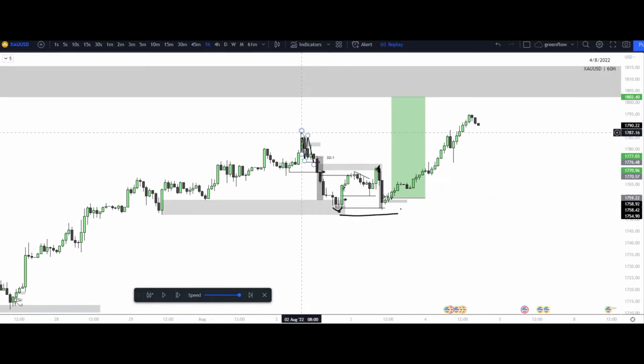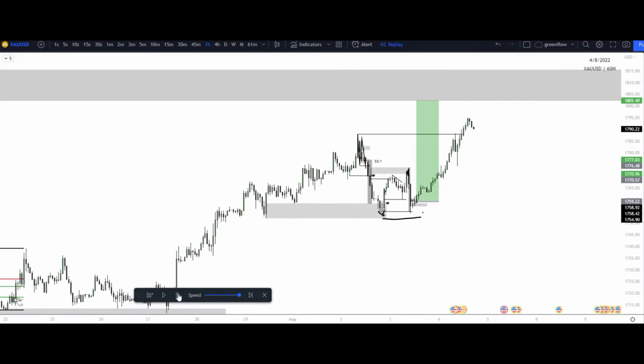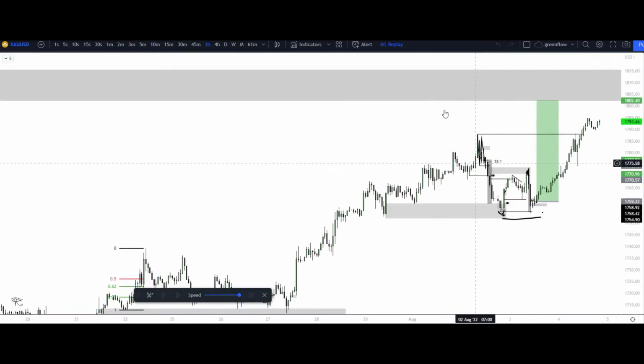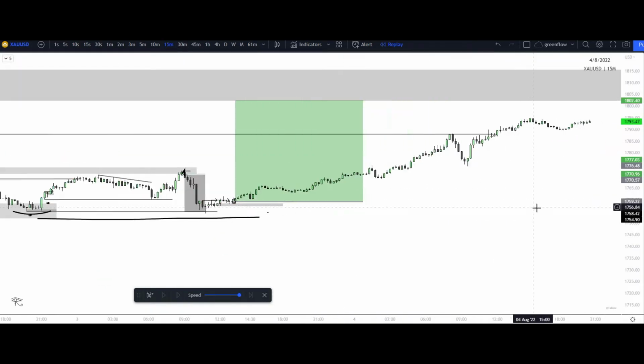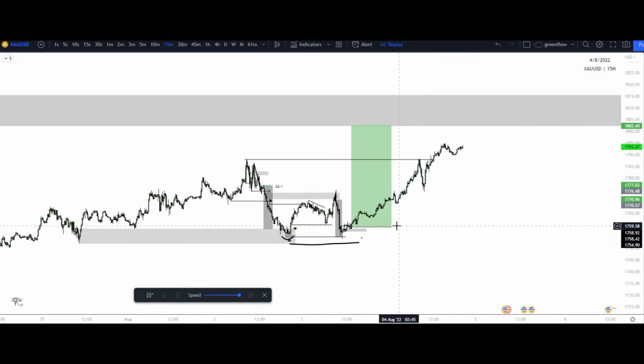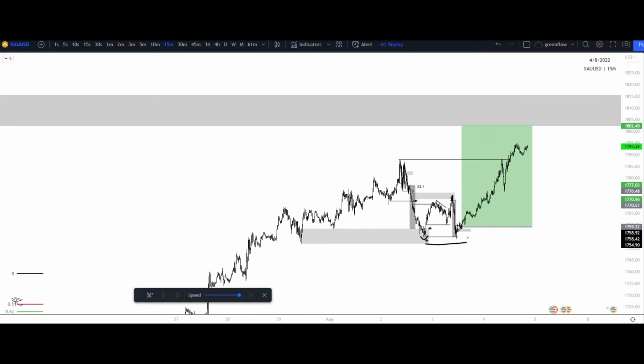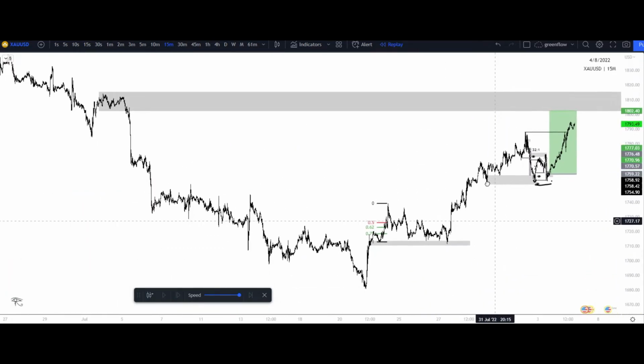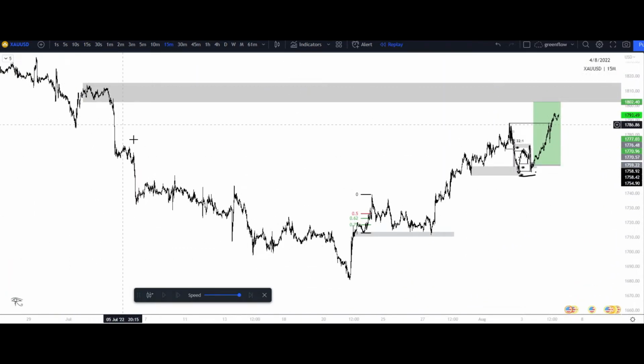First TP would be at this weak high that is presented right here that we were talking about. And then the overall take profit would be at that area of supply that we had talked about before. Now, if I go ahead and play this out, price is right here currently. We're still looking for those higher prices, right? We've been literally sitting with gold for this entire range breakdown, talking about how we wanted those higher prices, how we were looking for those higher prices into 1803 overall.